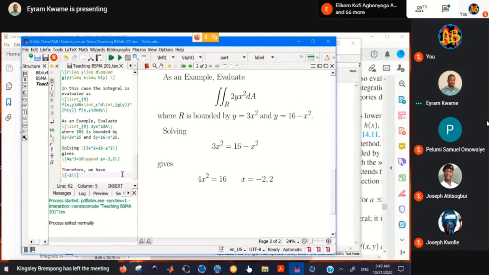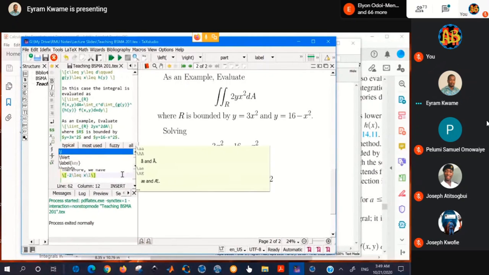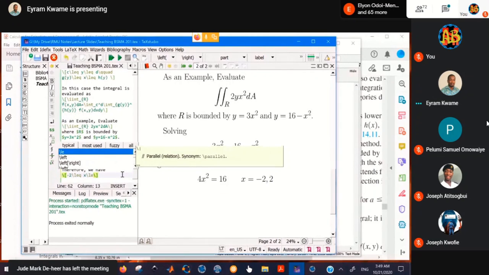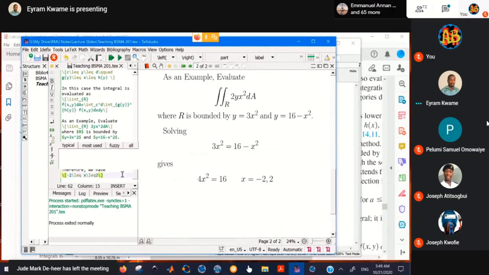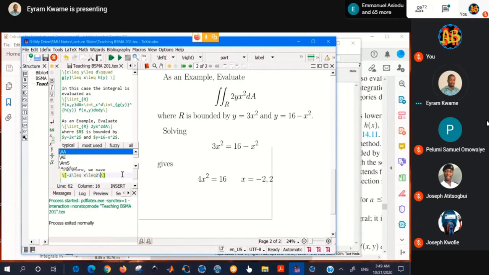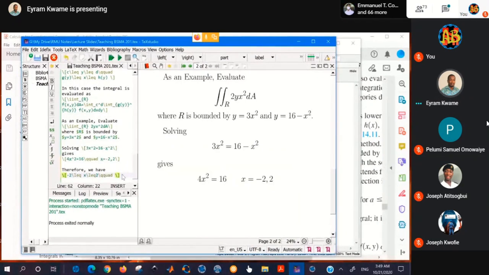Negative 2 less or equal to x less or equal to 2. And then y will be between... Okay, so y will be between 3x squared